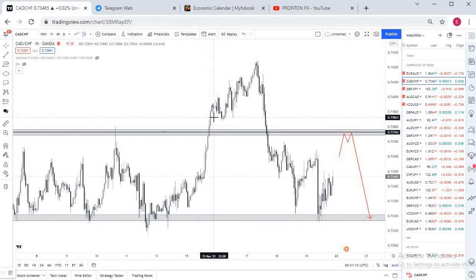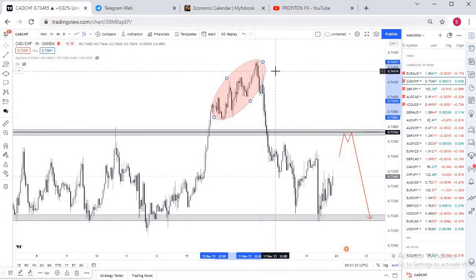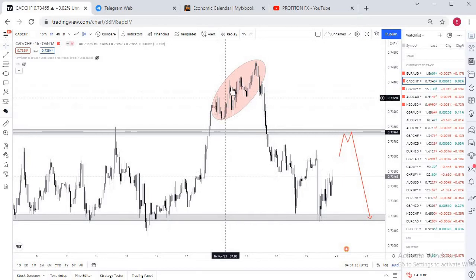We formed this pattern here, and this pattern usually shows a loss in bullish momentum. When we see the formation of this pattern, and we are not having any impulsive moves, this is usually considered a loss in bullish momentum. So in this case, I would have been looking for a short position.